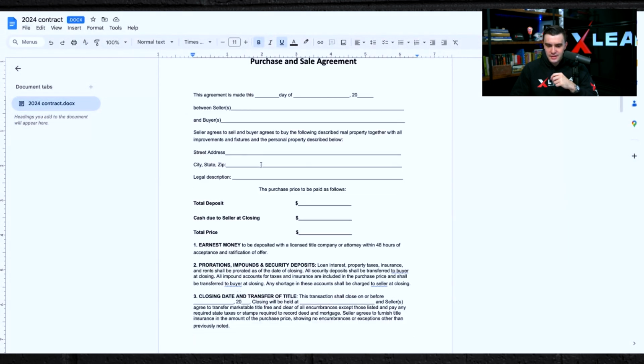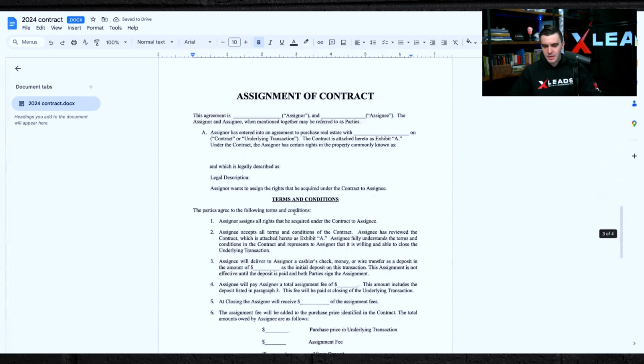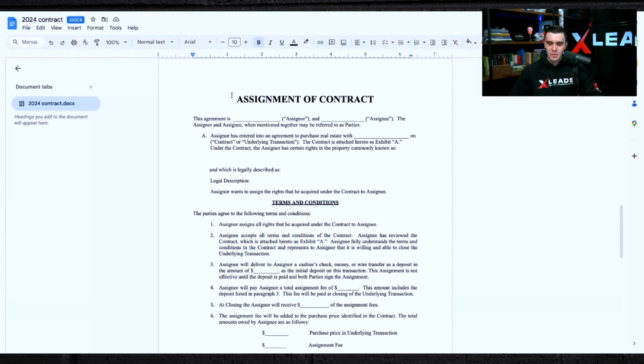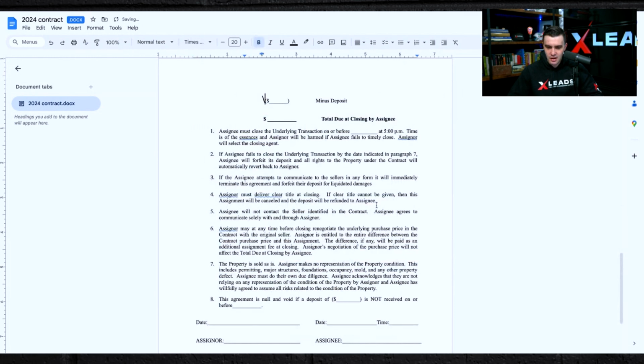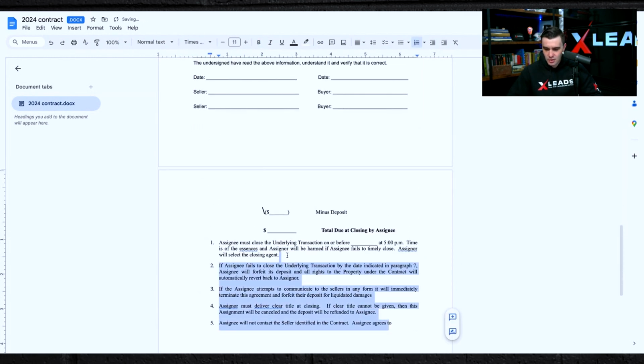And so let's fill this out. Just be really simple. Seller is Ricardo Ginn, and the buyer is ZG Home Buyers. Make it simple. Cool, right? And then we can just put all the information if we want here. Now, this is the assignment. We don't want to do an assignment. We just want to do the purchase and sale. So let's get rid of the assignment of contract. We already have that downloaded somewhere else. We're only doing